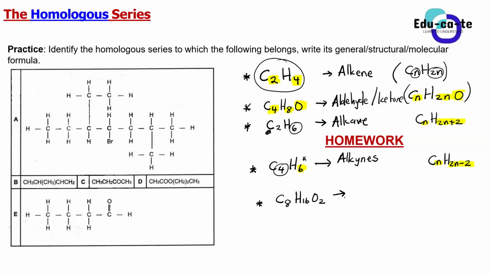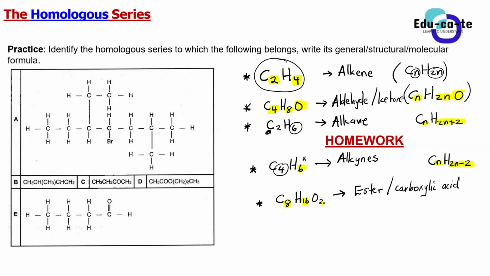So I'm still checking, but it's between ester and carboxylic acid. Yes, ester or carboxylic acid, they have the same general formula. So this can be an ester or it can be a carboxylic acid, because they've got the same general formula. You cannot really figure out which one is which. How did you figure that out, Sam? I remembered the general formula for ester, then I realized it is the same as carboxylic acid.